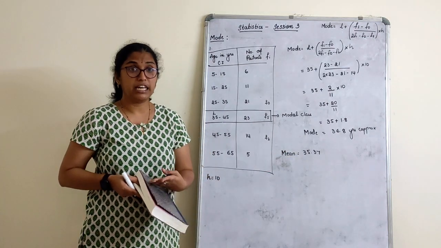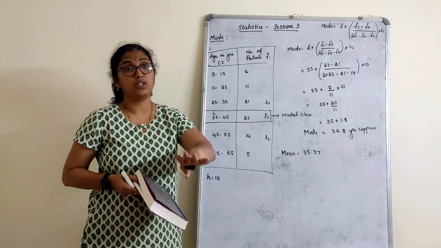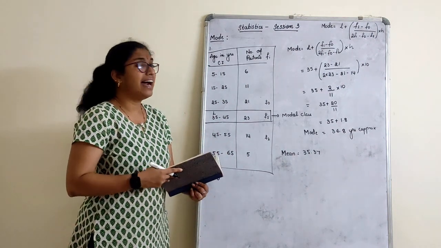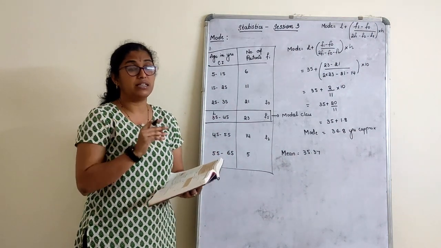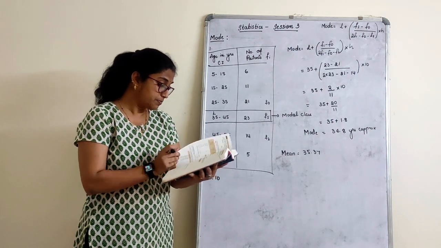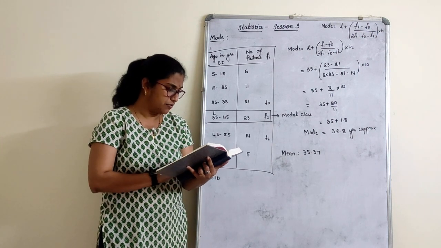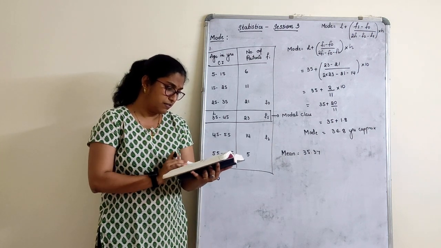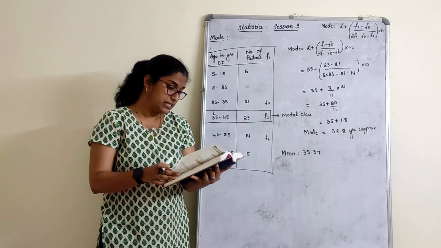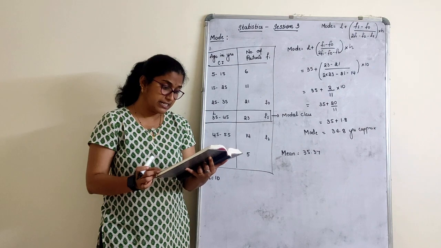But I gave you an example of what you have to do, you need not find mean. It's up to you, children. If you want, you can go ahead with that. I'll be solving only 2 sums in this mode part. So the first one we have solved. The next one I'll take with any number. We can go with second, third, 4, 5, 6. And yes, there are 6 examples.